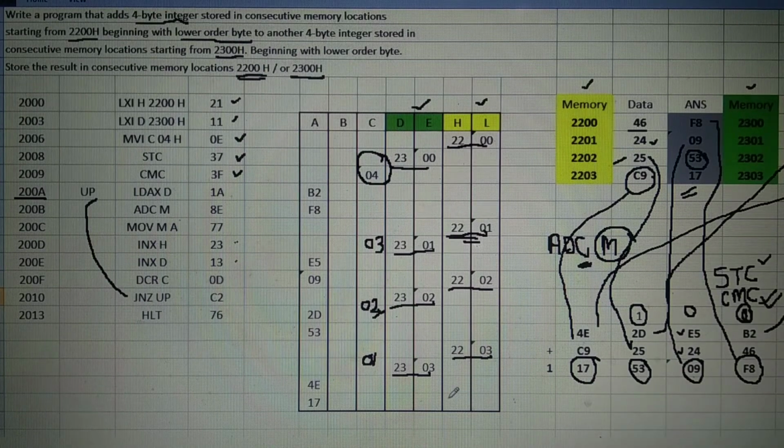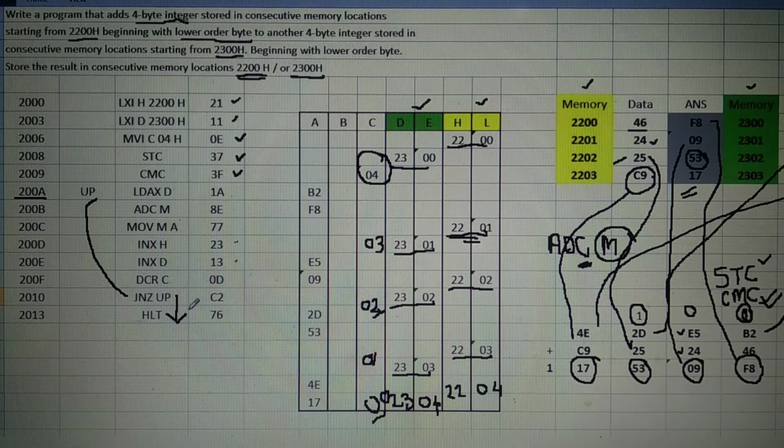INX H, it becomes 2204, INX D, it also becomes 2304, DCR C, it becomes 0. As it becomes 0, don't go to the label up. Jump if not 0, if not 0 is there, then you have to take the jump. But at present 0 is there. The next instruction gets executed, that is HLT. The program stops execution.